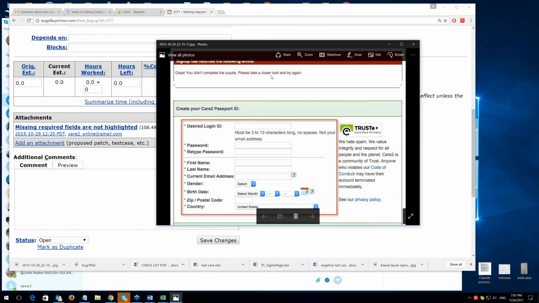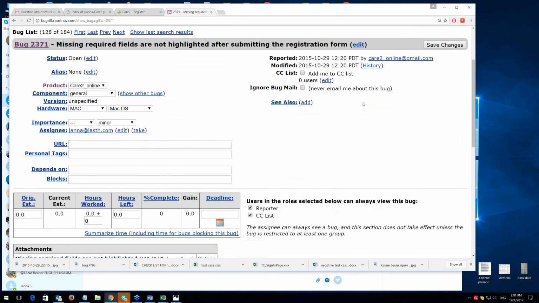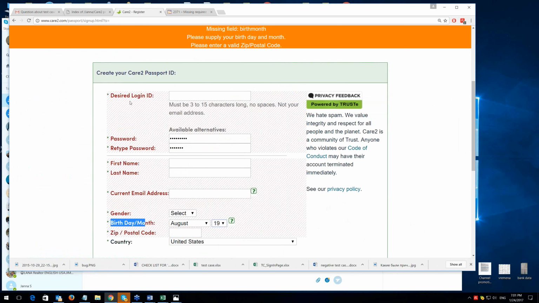Guys, I believe that it was done earlier. And what date was it? In 2015 somebody did. And because of our bug, did you realize how they fixed it? Now everything is highlighted. It is so nice to know that your bugs were considered, reviewed, and fixed.